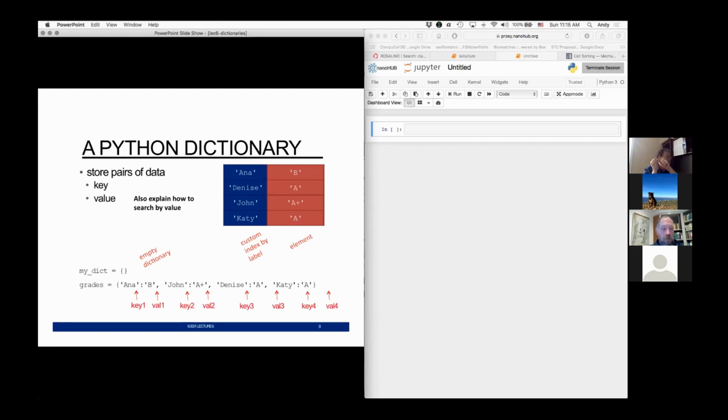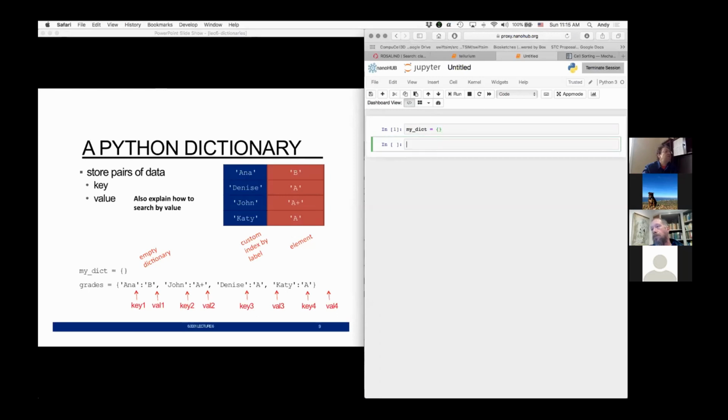So the syntax for creating a dictionary is really simple. We create an empty dictionary simply by doing my underscore dict equals curly braces. If we go ahead and print out this guy, we see that it's an empty dictionary. Now if we want to create a dictionary that is populated with stuff,